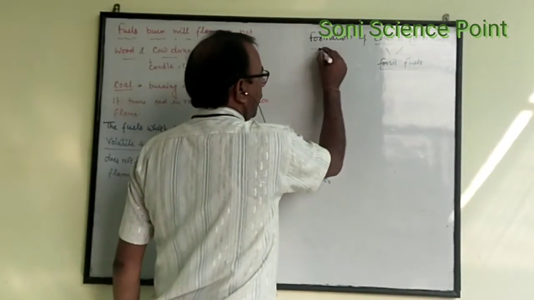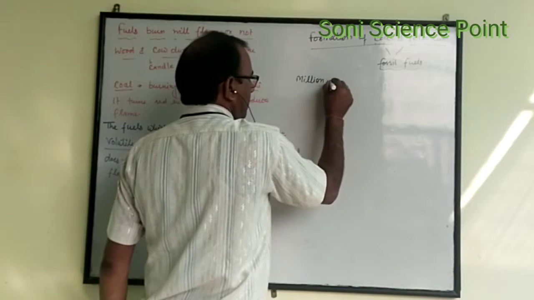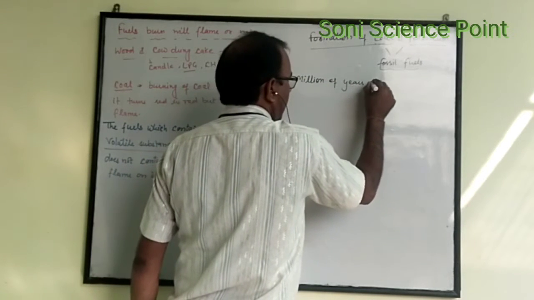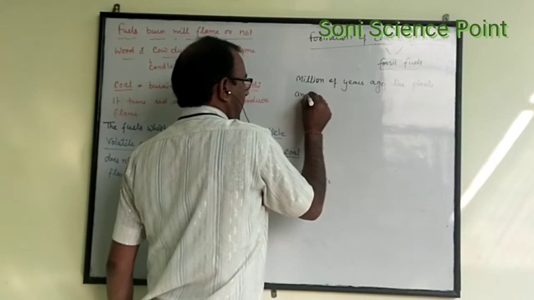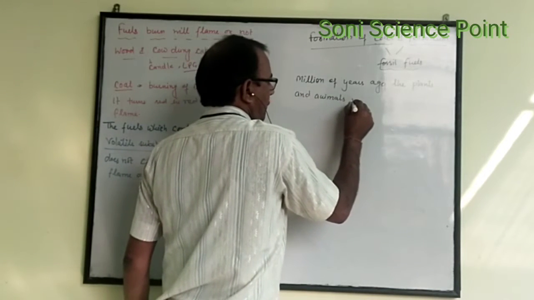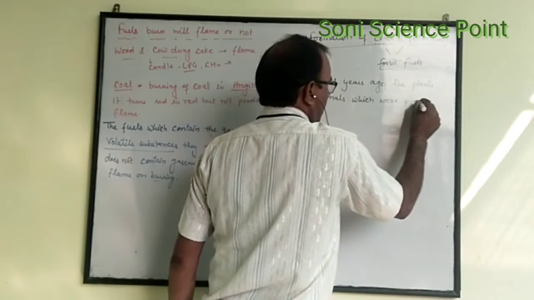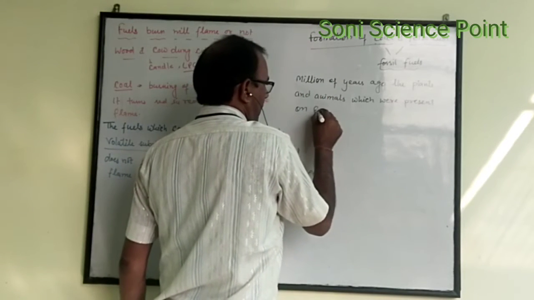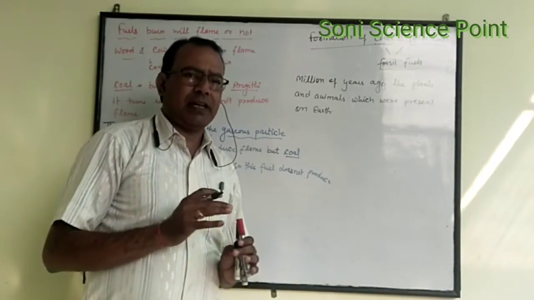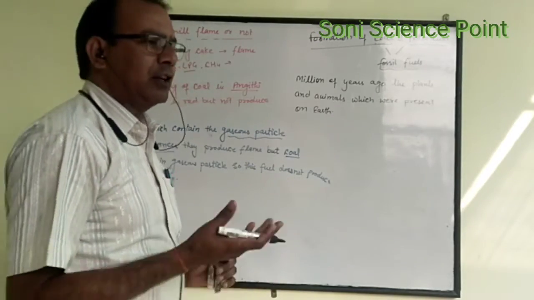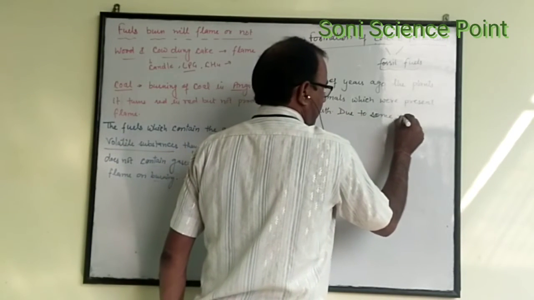Firstly, let's discuss the formation of coal. How can the formation of coal take place? Millions of years ago, the plants and animals which were present on earth, due to some natural phenomena, it means some natural phenomena may occur, such as volcanic eruption, landslides, earthquake,